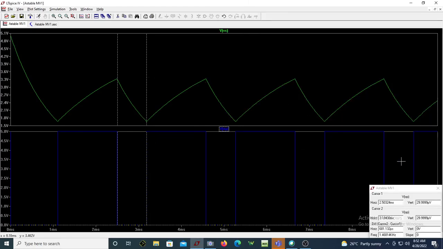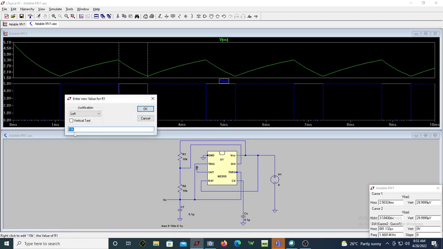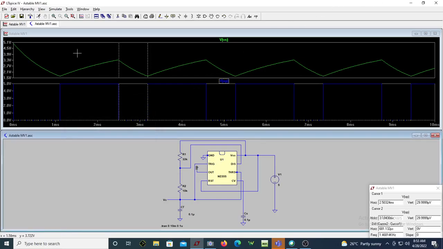This is how you can find it. Once you know T on and T off, you can find the overall time and the frequency. This is how you can do the simulation of a 555 timer using astable multivibrator. Let us simply vary the value of R1 from 10K to maybe around 33K. You can see only the on time will increase. If I run it now,